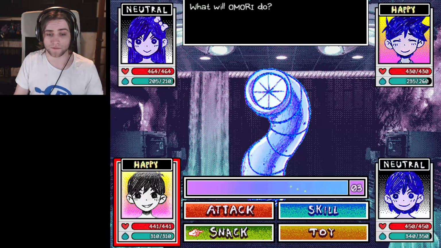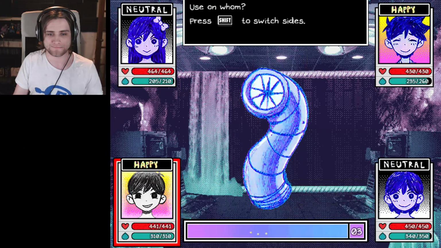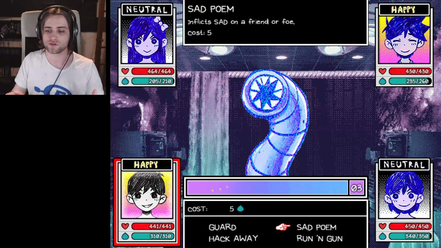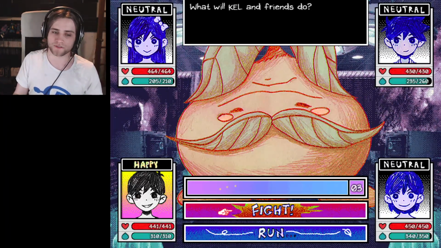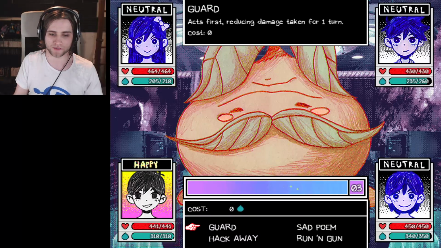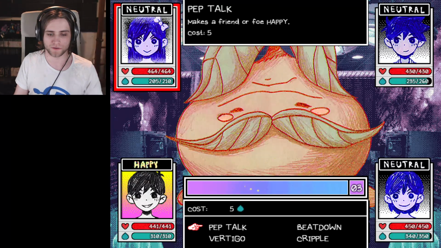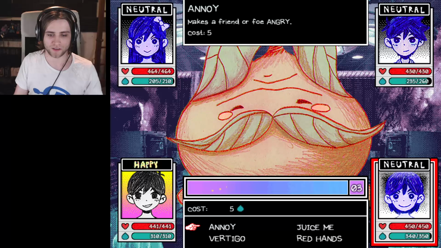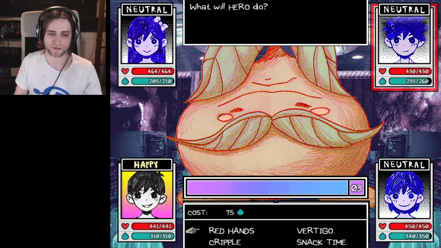The only caveat is that you have to not screw around in the menu, because if you do it incorrectly and accidentally attack or something, you have to reapply the target and then try again. Jump cut to the boss rush, because I want to demonstrate this being used in an actual environment. Target boss with Sad Poem, use Rotten Milk. Aubrey can do it too if she so desires, which is fun. She can use Pep Talk for this. And Kel will use Juice Me, just to demonstrate the fact that it works on both items